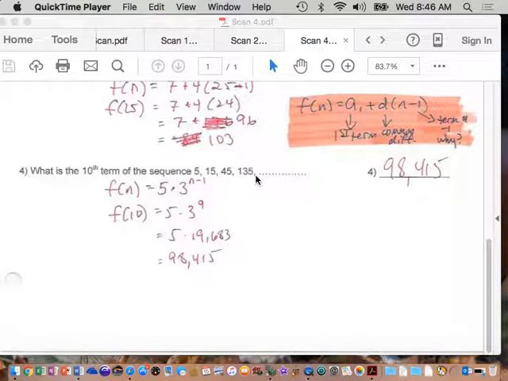So now let's go to the 10th term in this sequence. Now we are multiplying by 3. Sometimes they say, what's the 5th term? Well, then I could just do 135 times 3. But when they start saying the 10th or the 20th or the 120th, then